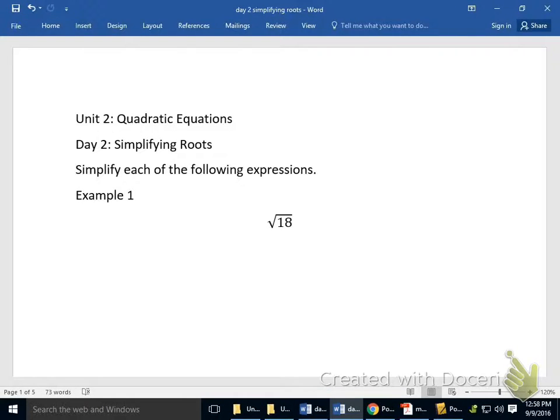Alright, this is Unit 2, Quadratic Equations. This is Day 2, Simplifying Roots. On Day 1, we were solving by factoring, but we did see a couple of cases where we were able to use a square root to solve the equation. And today we're going to really focus on those roots because what I'm expecting from here on out is exact